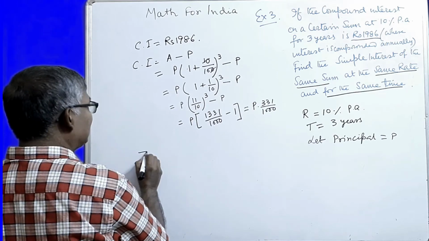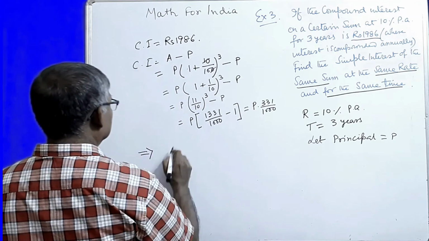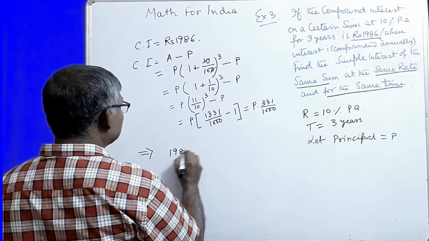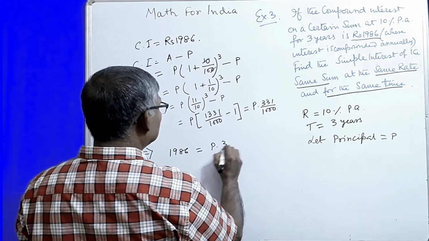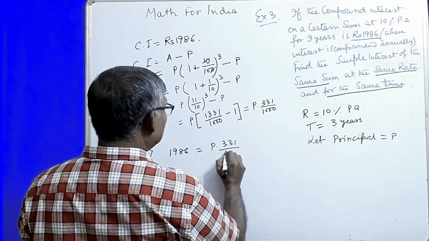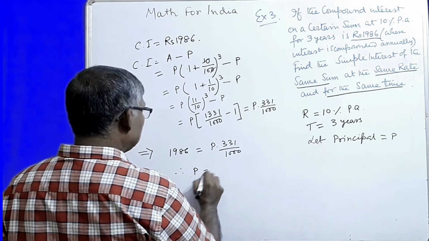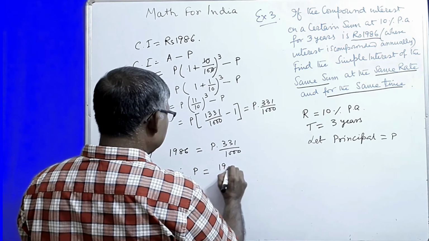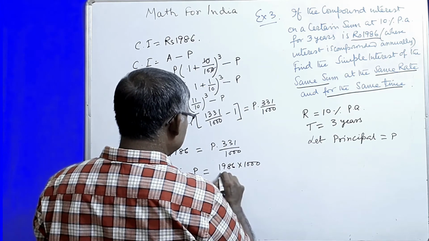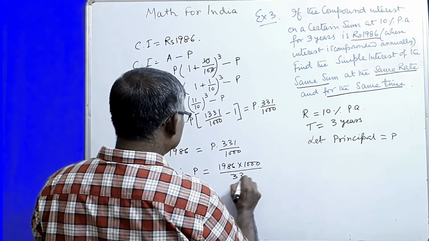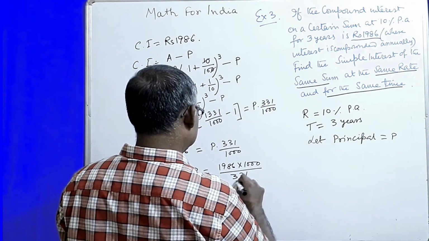This implies that here, what is the value of CI? 1986 equal to P into 331 by 1000. Therefore, P equal to 1986 into 1000 by 331. Here we cancel it